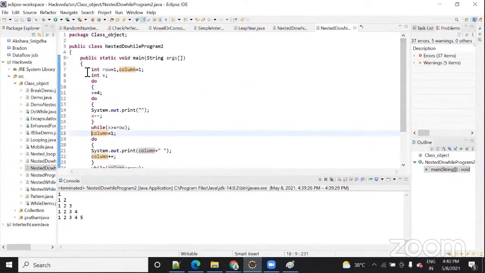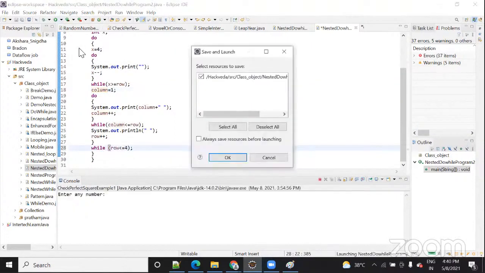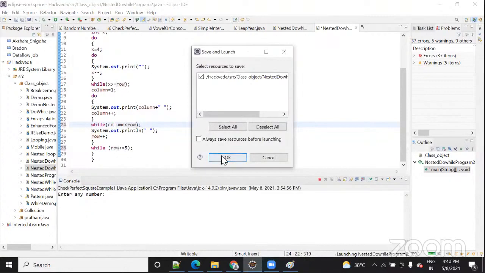Suppose this is the code, okay. So how you can do it? Just make some changes on row equal to here. Suppose let's take row equal to 4 and see what changes are coming. So you will come to know, okay, now this row equal to 5 means this is for your 5 rows, and this code is something related to your row, that much row should become. Let column equal to, now here less than equal to, okay, just make changes and see what changes are coming.